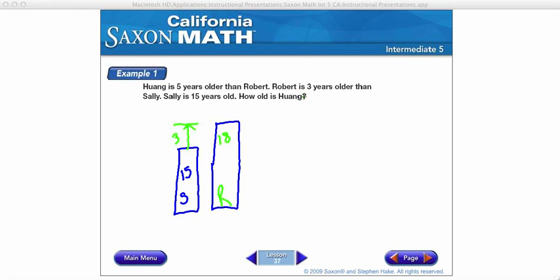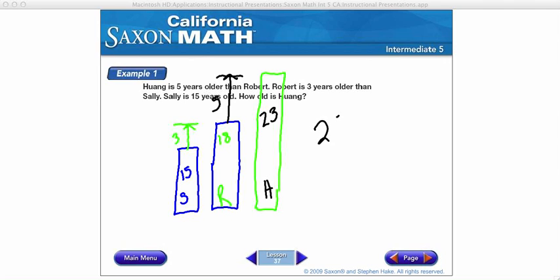I go back and reread my problem again, and now it says Huang is 5 years older than Robert. Well, if Robert is 18, Huang is more than 18. If Robert was to age 5 years, Huang is going to be Robert's 18 years plus 5 additional years. So 18 plus 5 is 23. So Huang is 23